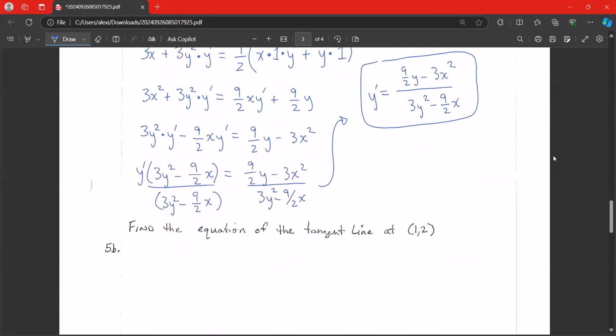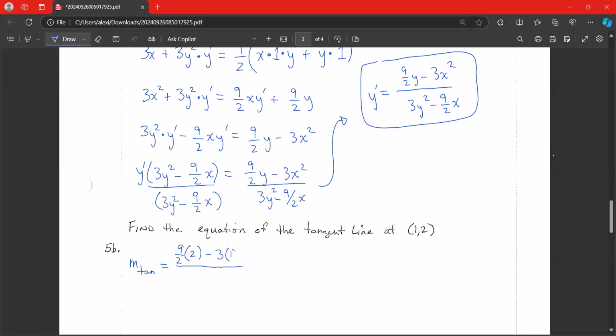Okay, so for 5b, it says find the equation of the tangent line at this point 1, 2 for the previous problem. So we have the derivative from the previous problem. Let's go ahead and calculate slope. So remember, the slope of the tangent line is equal to the derivative evaluated at the particular x and y values. So this will become 9/2 times 2